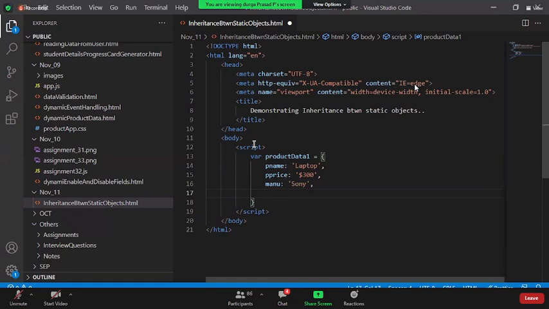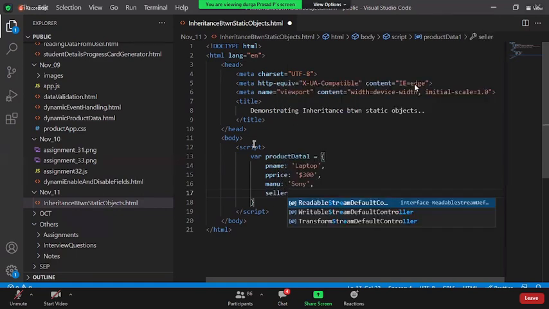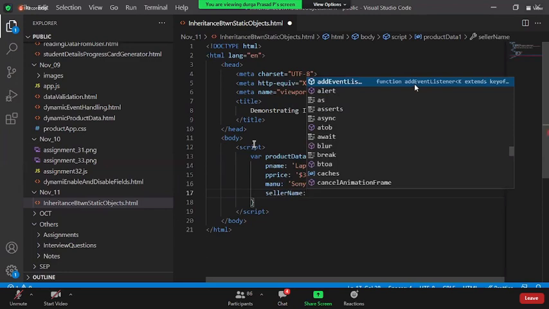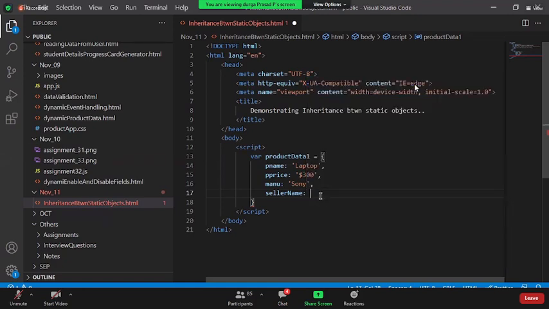Okay, and I say something called seller name. You know, whenever you're going with the online shopping applications, you would have seen the product will always have the seller data, isn't it? So I mean, the company who is actually selling this product. Okay, so that is what the seller details we have.